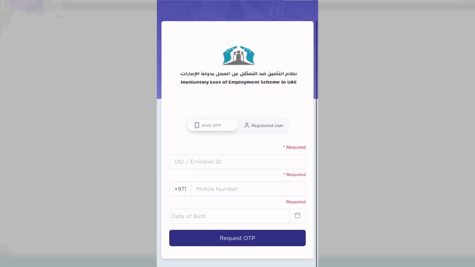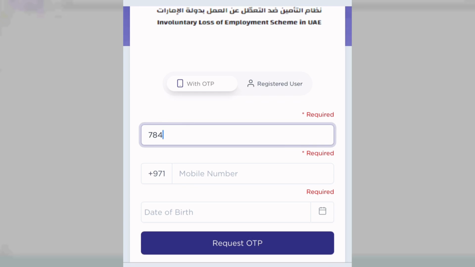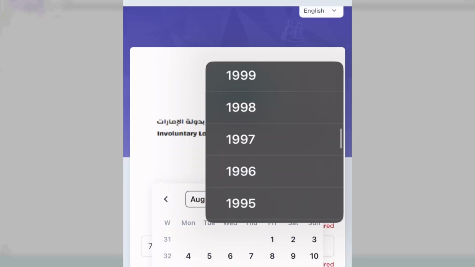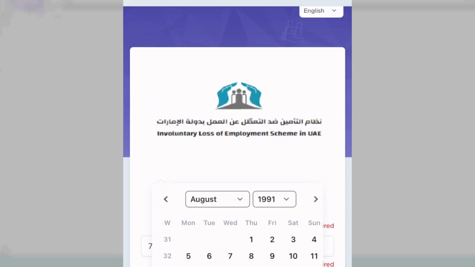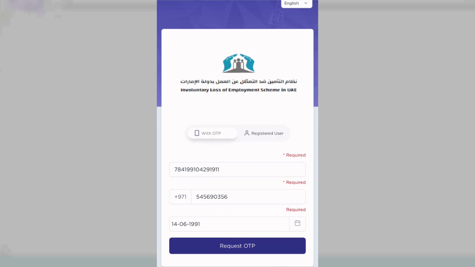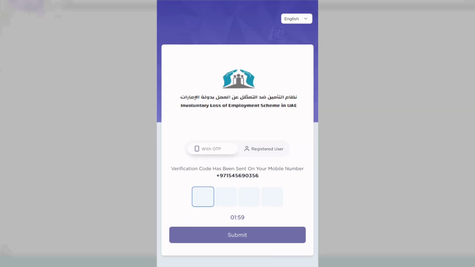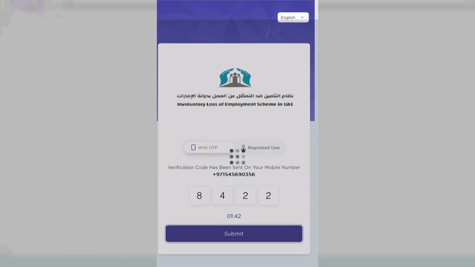Enter your UID number or your Emirates ID number in this section here. And again, enter your mobile number and enter your date of birth. Once you have entered this information, request for an OTP by tapping on this button here. Enter and submit the OTP that will be sent to your number, and you'll be logged in to the ILE